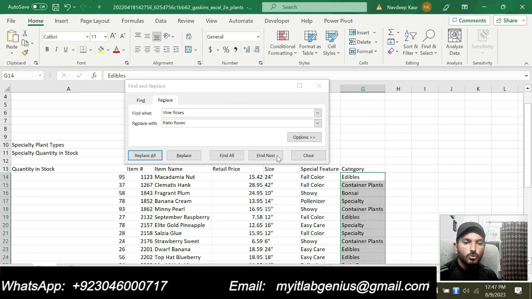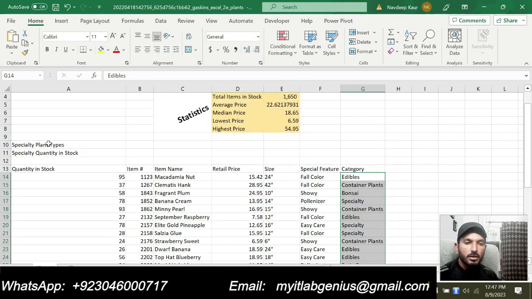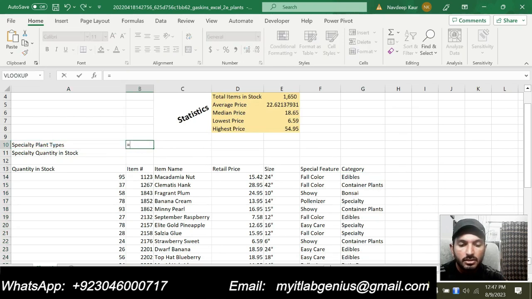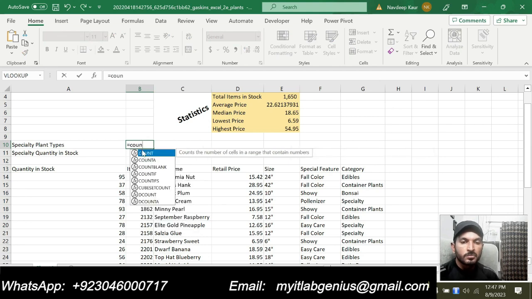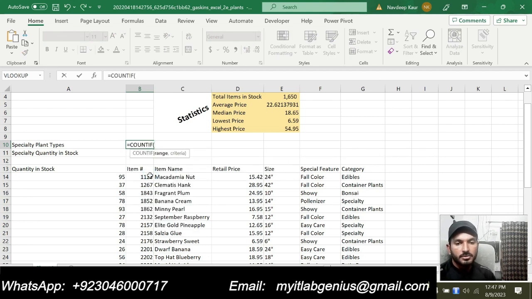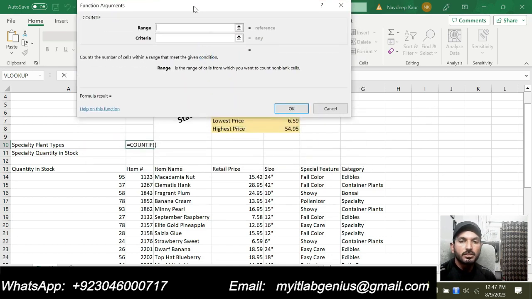So we will go to this one. Here we are supposed to use the COUNTIF function. So type equal sign and type COUNTIF, this one. And now click on the insert function symbol so that we can enter the function arguments.